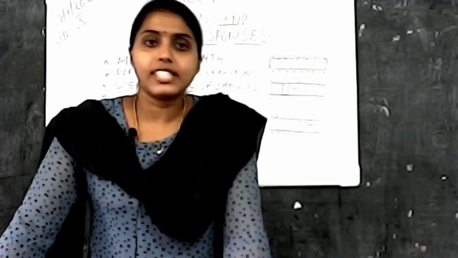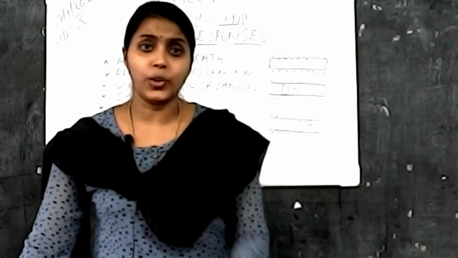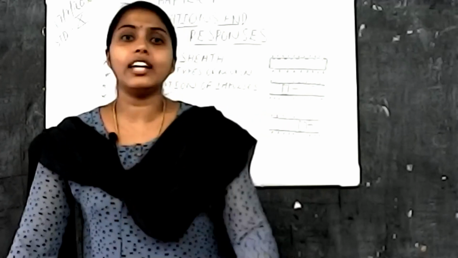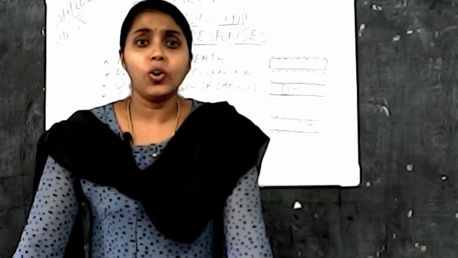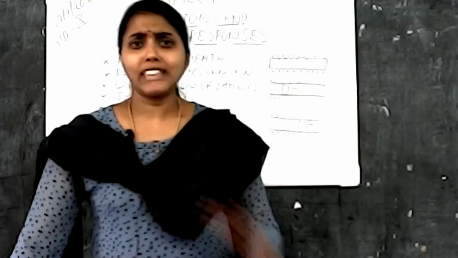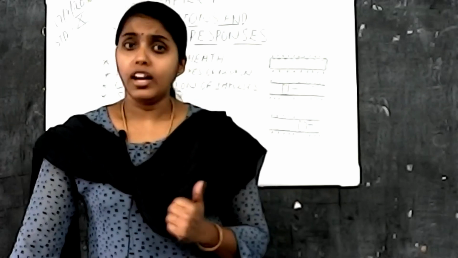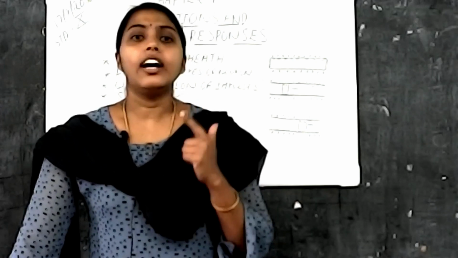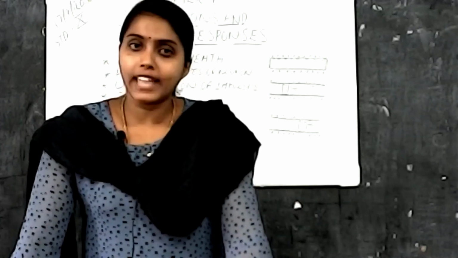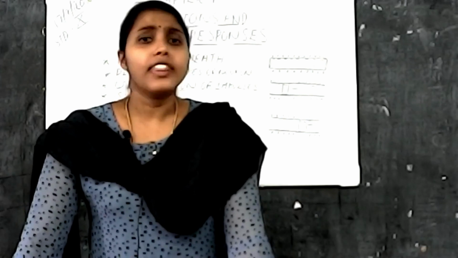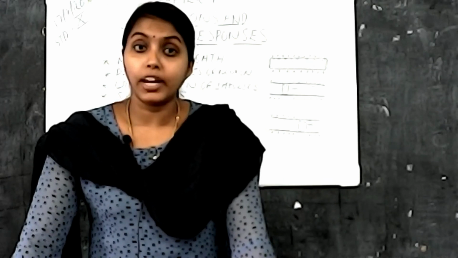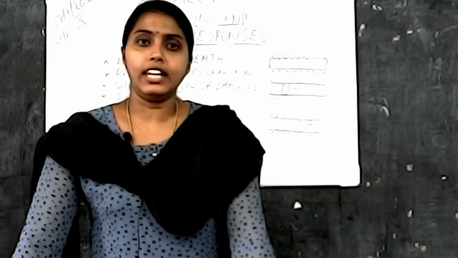Parts of the brain we can study in the next class, because our time is going to end, I can't enter the full portion here now. So it's better for you to start the parts of the brain in the next class. I will just tell about the parts of the brain, that is cerebrum, cerebellum, hypothalamus, thalamus, then medulla oblongata. These are the 5 parts of the brain. In detail, what are the functions played by each part inside our brain, that we will study in our next class.